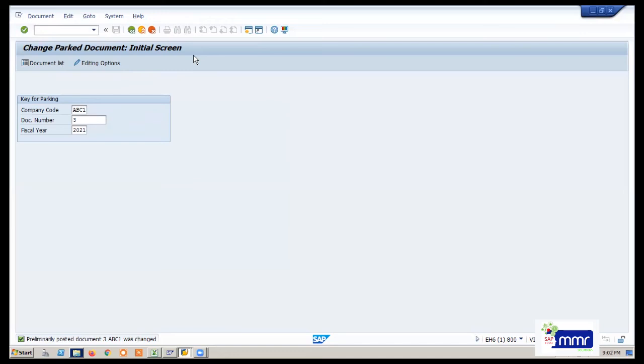So for example, I am one of the users, you are one of the users. You parked one document, and you are going to inform me to give the approval. So you send it using the short message and give my user ID as the receiver, and your user ID as the sender. I will show you how it will be. It is not yet open. Why? Short message.